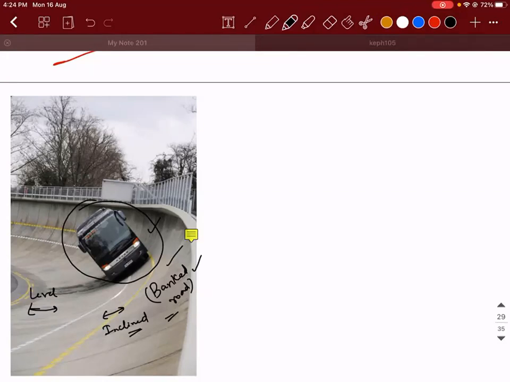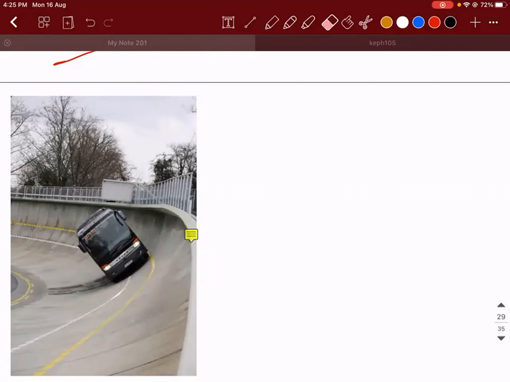Sir, I guess when we have a banked road, the car can easily turn at a high speed. Yeah, it can easily turn. That is it. Moreover, you're safe. Okay. The person who spoke before this, what do you mean by more force is required? More force in which direction? You need more speed? Not exactly. You don't need speed for that.